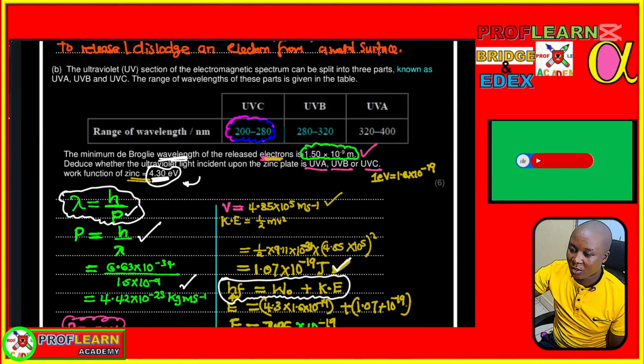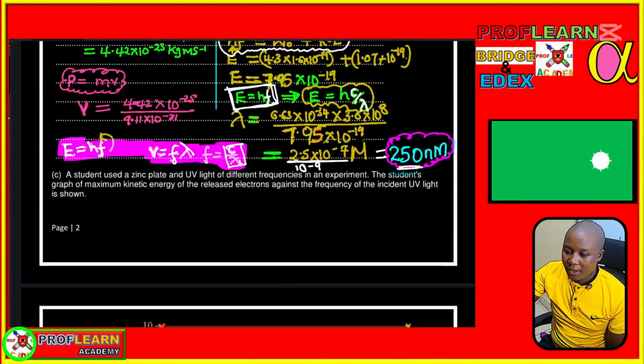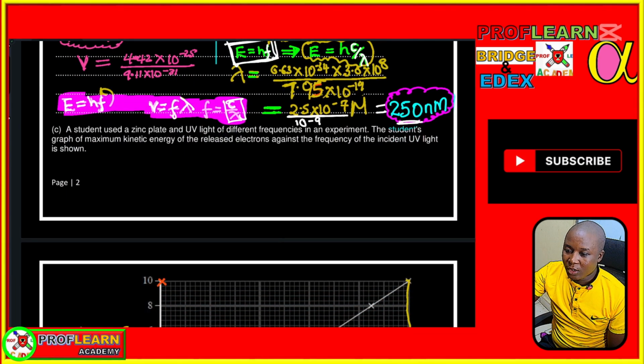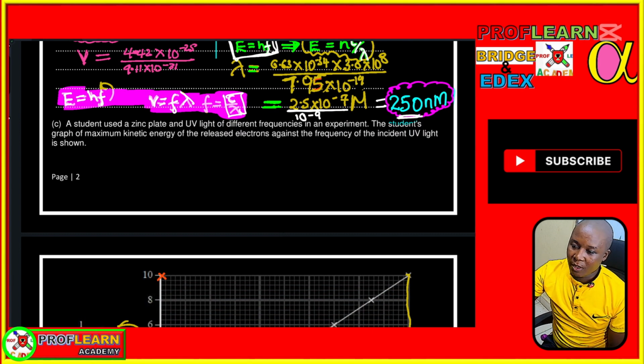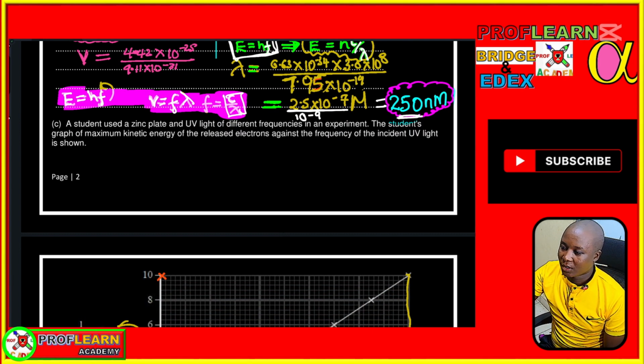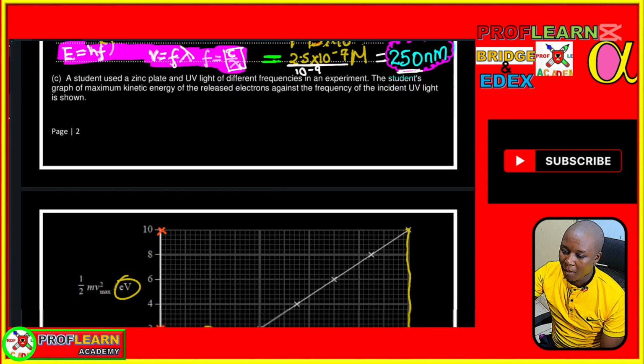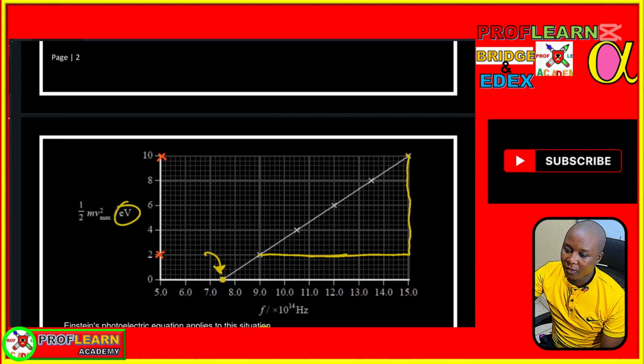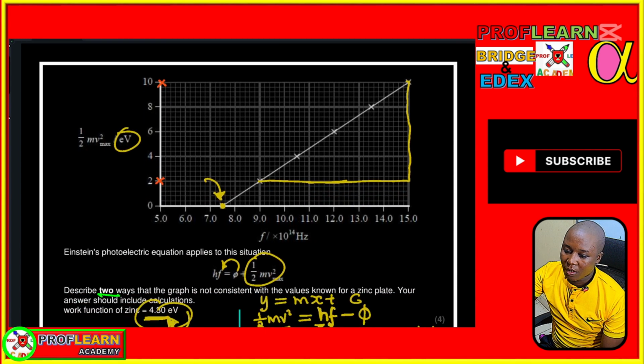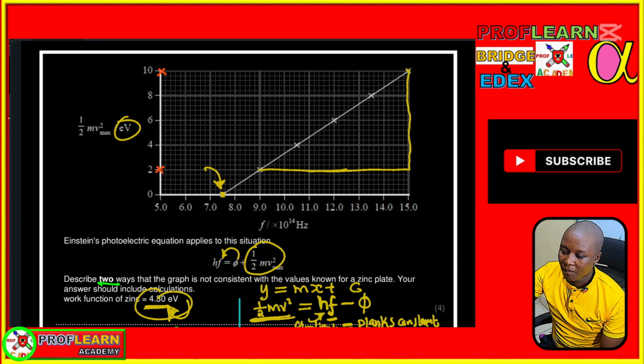So moving to the next question, we are going to look at a scenario where a student used a zinc plate and UV light of different frequencies in an experiment, and the student's graph of maximum kinetic energy of the released electron against frequency of UV light is as shown. So we have a graph drawn there, and we are told that Einstein's photoelectric equation applies in this situation, meaning that